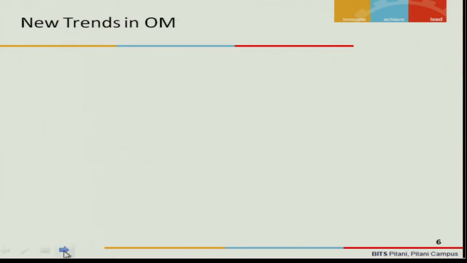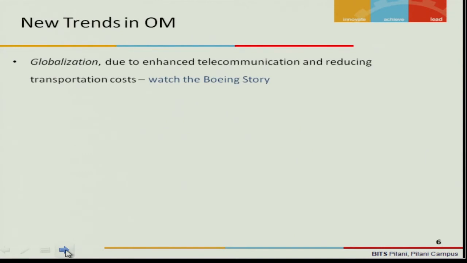The new trends in operations management. What is happening in the current century in operations management? Because we have been talking about operations management for quite some time, is it the same one or is that something emerging out of it? There are many things that are emerging, and the first one is globalization. I'm going to show you a short clipping, the Boeing story, which is an amazing video clip about the globalization